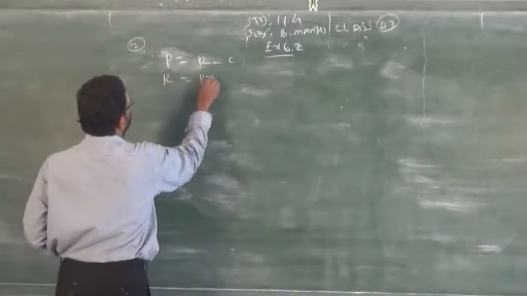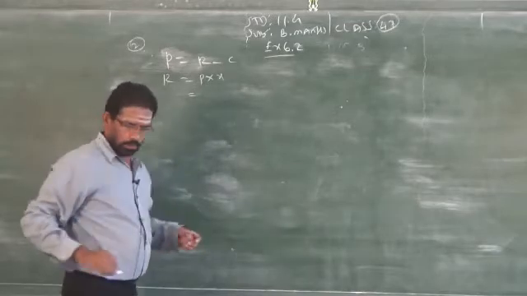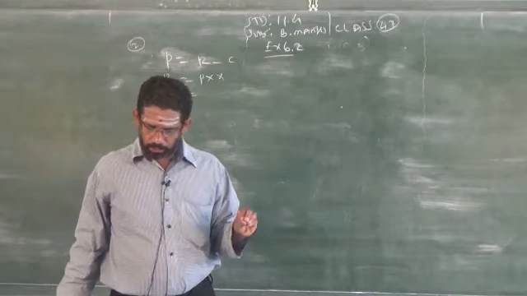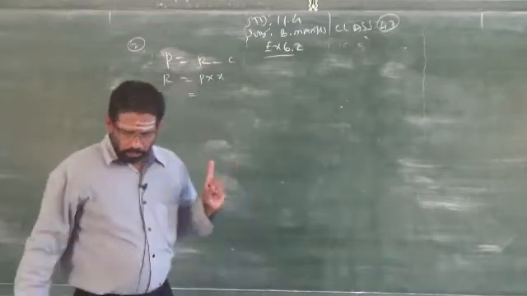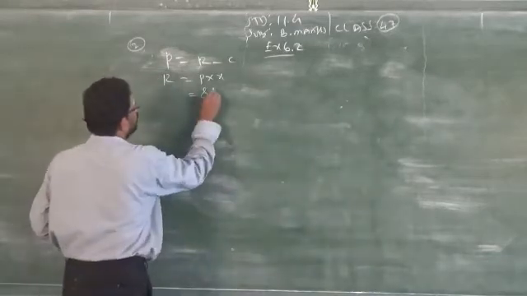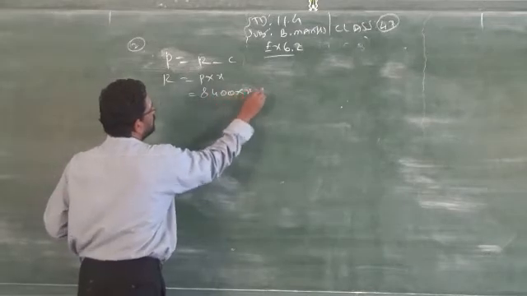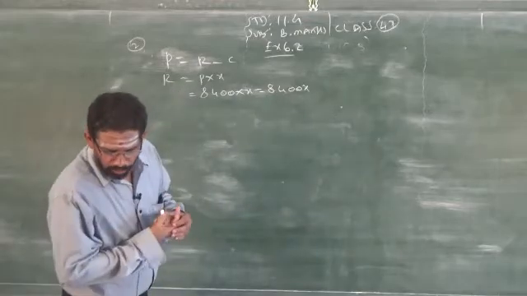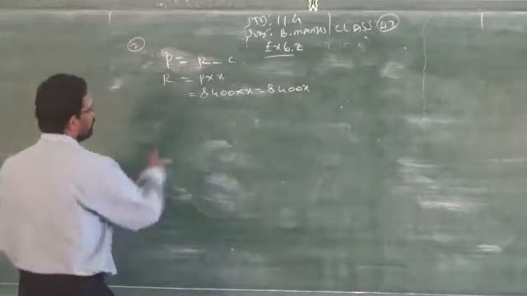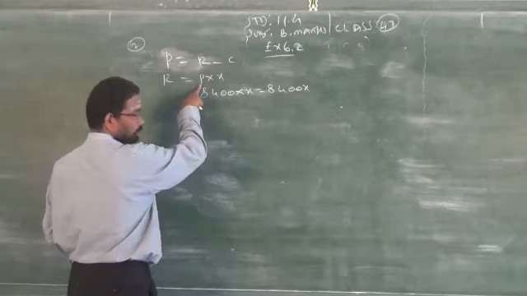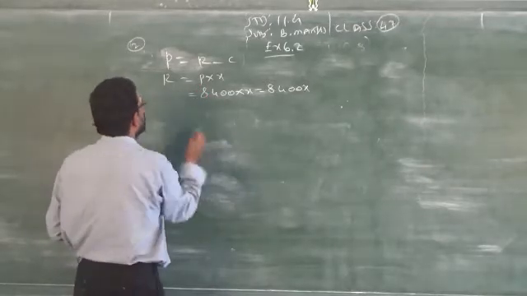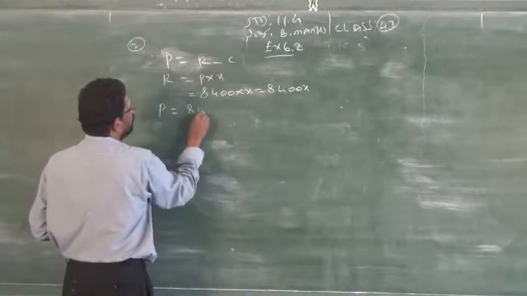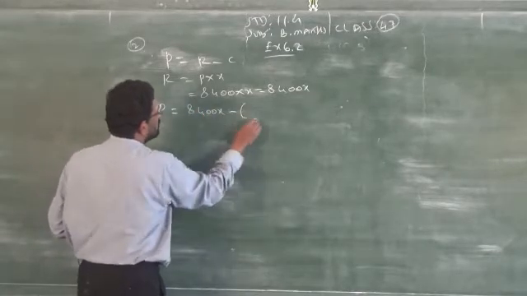R is equal to P into X. So P is price. Each product is sold for rupees how much? 8,400 into X, that is 8,400 X, that is your revenue function. Each product is sold for 8,400. This is a formula I told already. P stands for price. So now you have to find out profit, that is revenue 8,400 X minus cost.